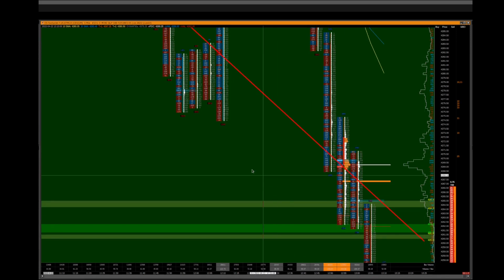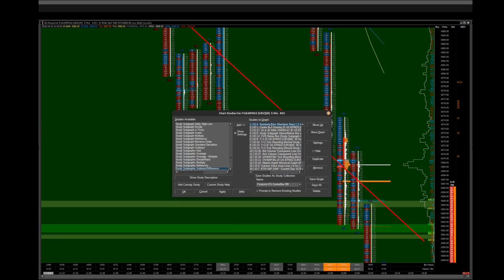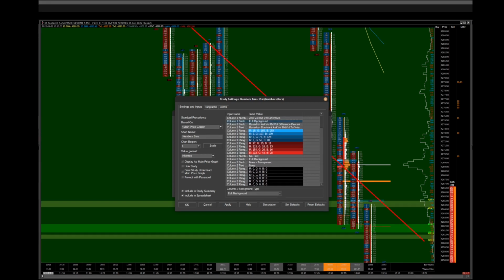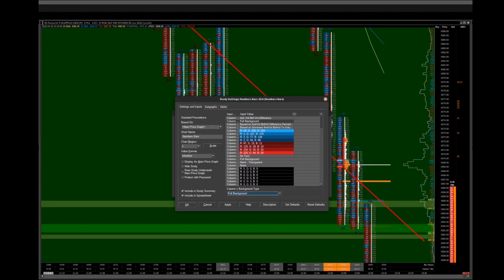And so let me go into it real quick here. Let's get into the studies here, into the numbers bars study that's added. So column 1, number bars text, is still the same thing: ask volume, bid volume difference. The column background, the background type, is going to be changed to full background. Okay, that's what that is, full background. And then the column 1 background coloring method is going to be, you can see here,